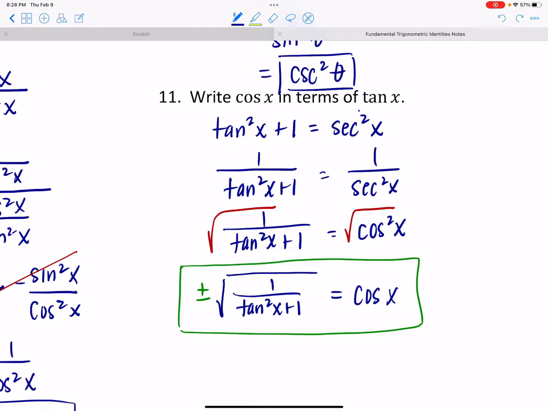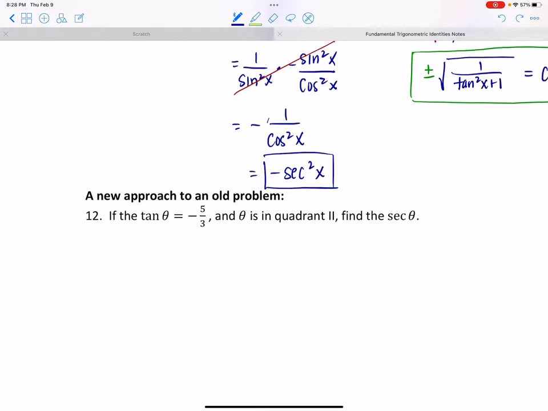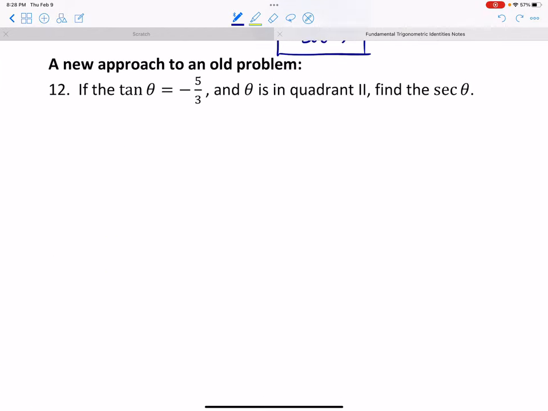Okay? So I've got one left here, and this one is an old problem, which I'm going to show you a new approach to. So we have done a problem like this before. If the tangent of an angle is negative 5/3 and the angle is in quadrant 2, remember the tangent of our angle